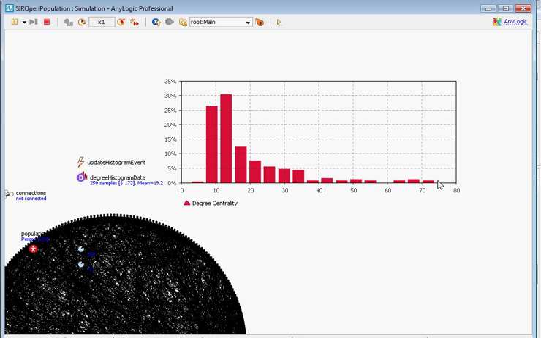I should have shown this before in terms of the graph for small worlds, but here we have this characteristic long-tailed distribution in the numbers of connections. Most individuals have a smaller number of connections, some individuals have lots and lots of connections. So this is power law distributed, meaning the probability of having k connections varies as k to the minus gamma. Meaning, no matter how many connections you have,